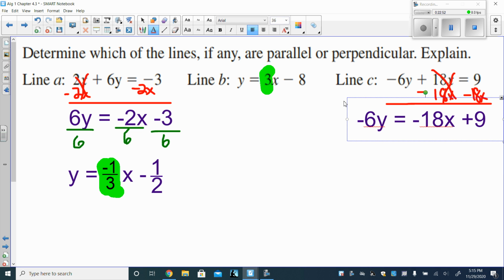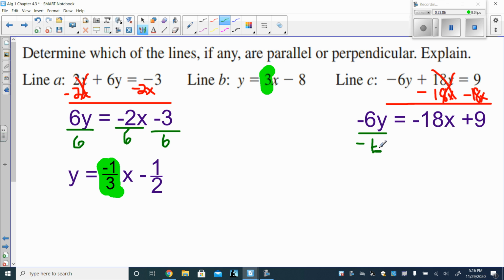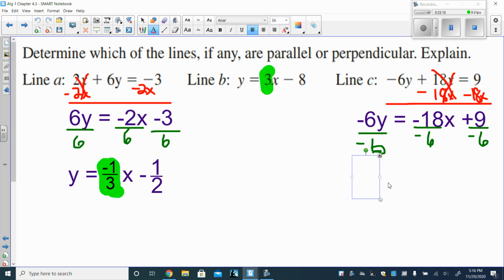Negative 18x plus 9. So we moved the 18x from one side to the other, so we're closer to getting it into y equals mx plus b form. We just need to get y by itself. And to do that, I'm going to divide everything by negative 6, the number in front of y. Negative 6 divided by negative 6, anything divided by itself is 1, so we're just